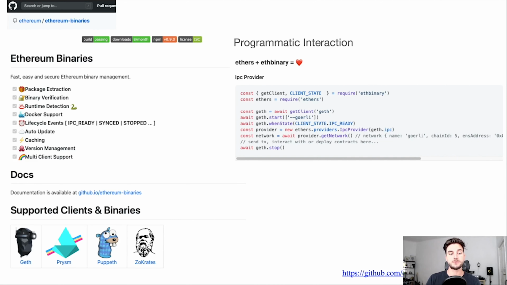Ethereum Binaries helps you with a lot of different things, such as package extraction, binary verification, runtime detection, and it also has Docker support. So you can orchestrate containers, but you can also work on the raw binaries. It also has listeners for special lifecycle events, such as IPC available. This makes it a great choice in combination with ethers to wire things up and then interact with your client